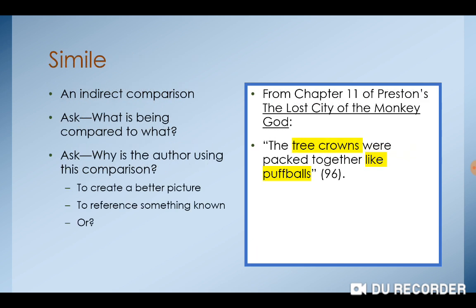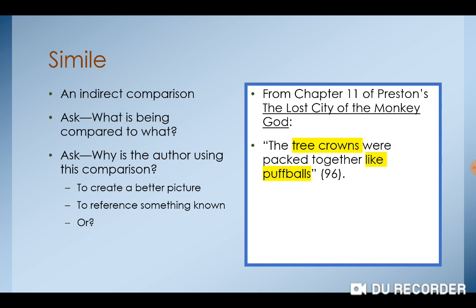All right, then we have similes. And again, those are the kind of sister to metaphors. Metaphors are direct comparisons, similes are indirect. So I gave you the example on the metaphor slide: a metaphor is she is the wind when she runs, and then a simile is she's like the wind. It's indirect, right? You're not saying she is the wind, you're saying she's just like it. Or if you use as, it's she's as fast as the wind when she runs, and that would be using as. So similes use like or as.